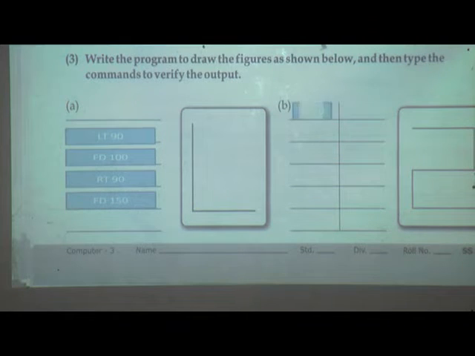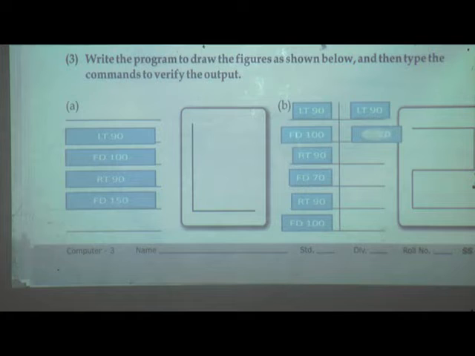First one is LT 90, then FD 100, then RT 90, then FD 70, then RT 90, then FD 100, then LT 90, FD 70, LT 90, FD 100.